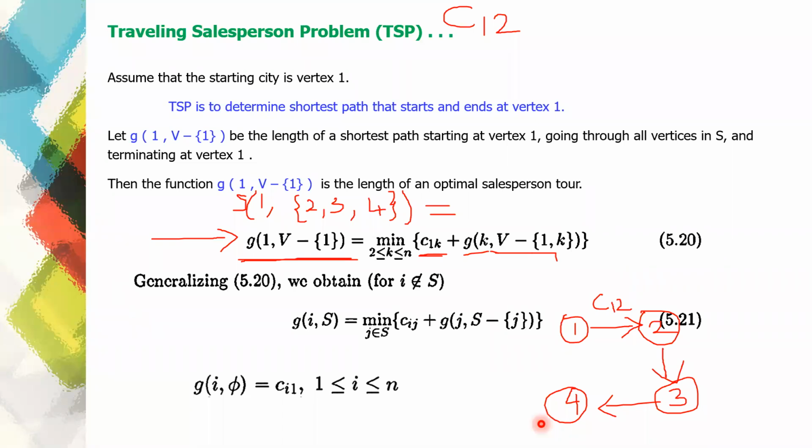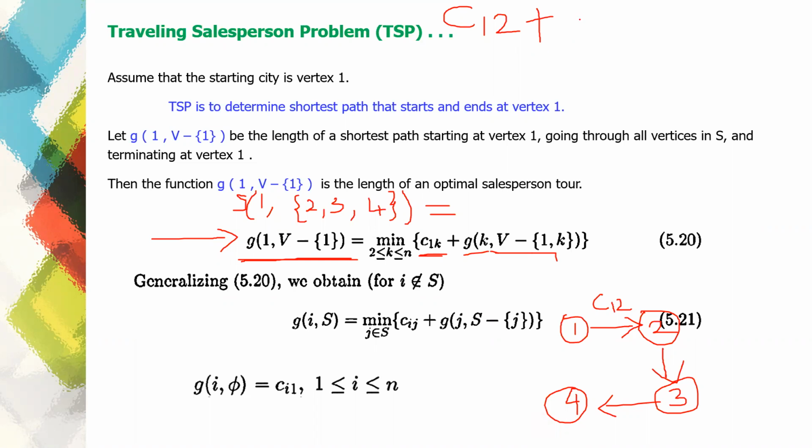I can go to city number 2, I can go to city number 3, or I can go to city number 4. There are 3 possibilities. Maybe I have selected that from city number 1, I'll travel to city number 2. Then the formula goes like this. From city 1 you have traveled to city number 2, so that is C12